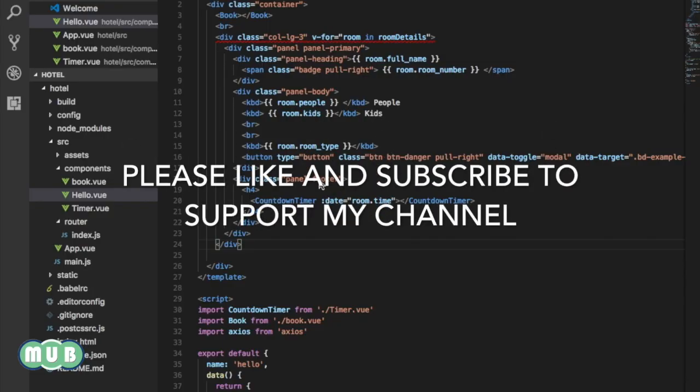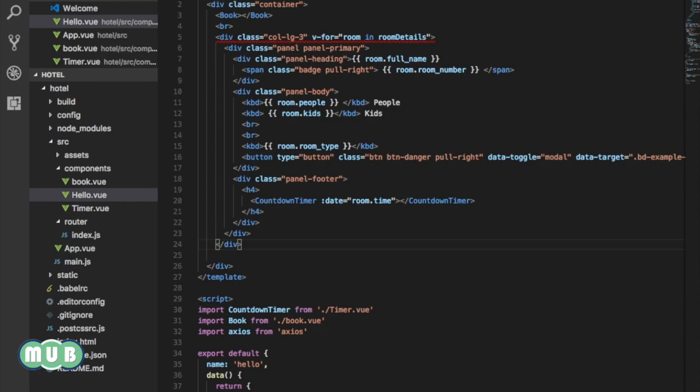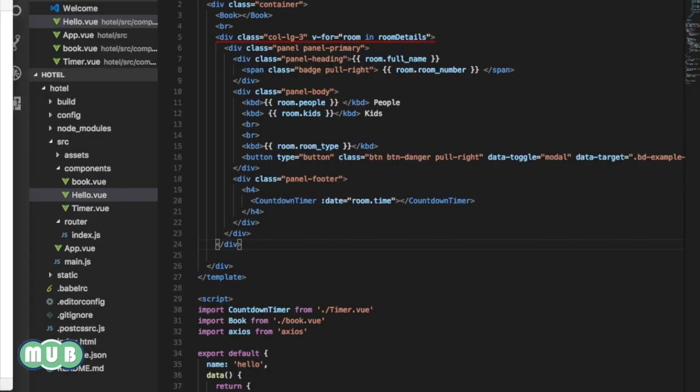What's up guys? So in the last tutorial we saw how to post and get the data from our API. In this tutorial we're just going to delete a single room from our web app. So to make the video quicker,